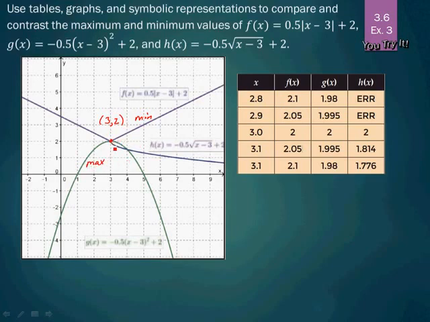And then on our square root function, we see its endpoint is also (3, 2), and then it continues downward, and so it is also a maximum here for h(x). And they all have the same point in common, but only the absolute value has the minimum, and then the other two have maximum. So then looking at our table, we can see here that, again, they all have (3, 2)